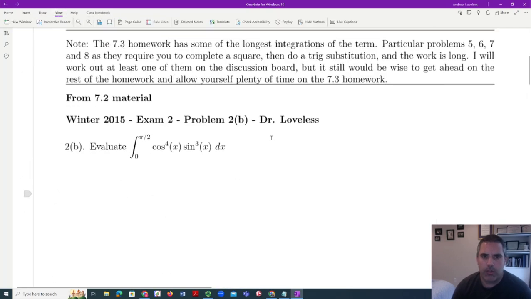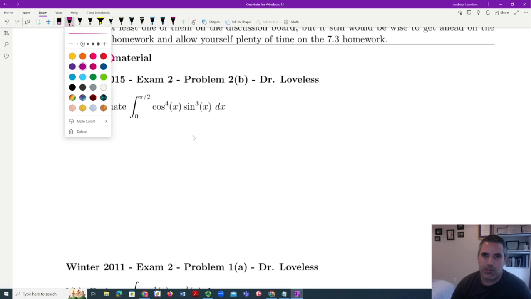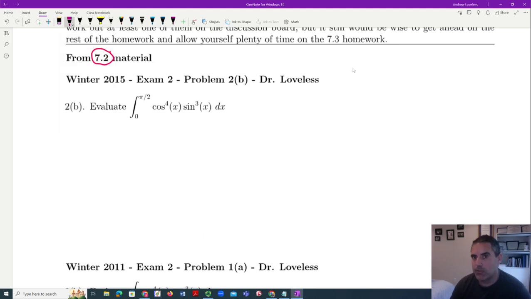So I start off with this. This is a trig integral. So this is from section 7.2 of our textbook. But there's a set strategy. And as I talked about in class, the strategy is everything is substitution. Basically clever substitution. Unless